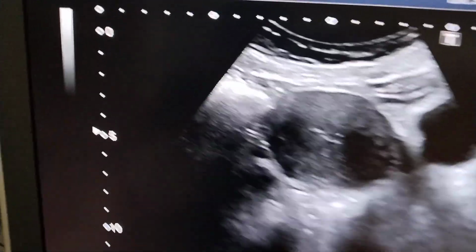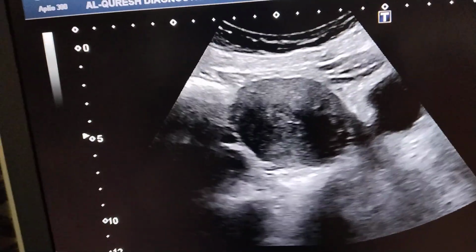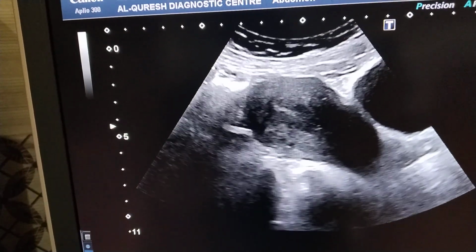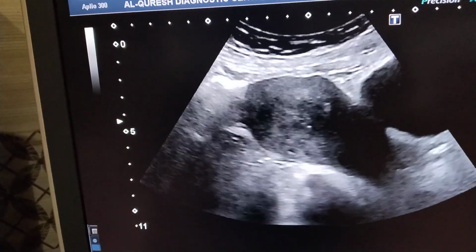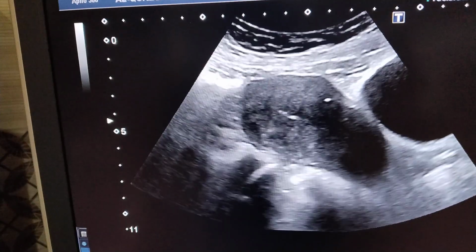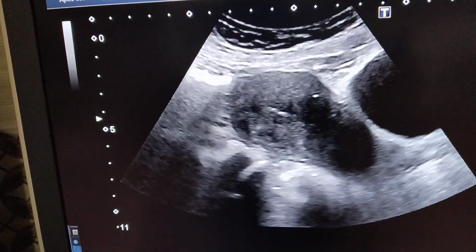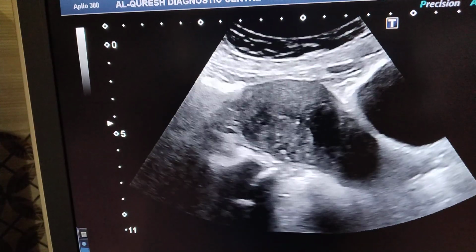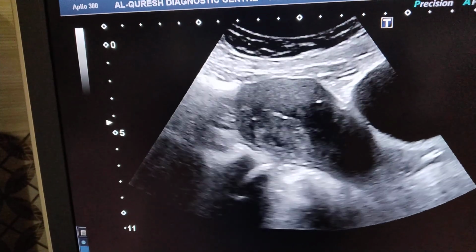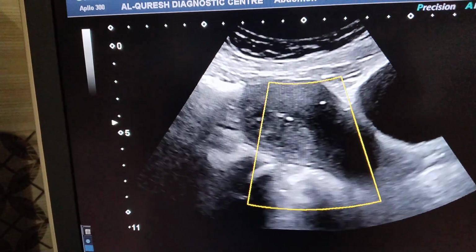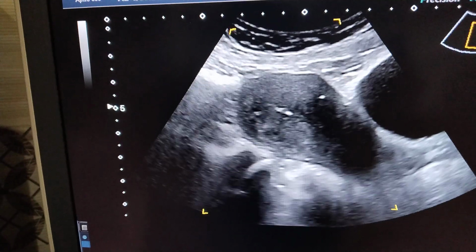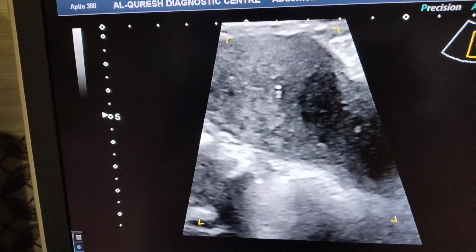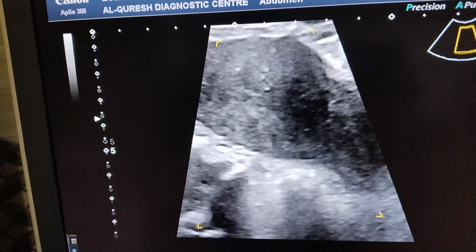Here we can appreciate this is the uterus, and here if we closely observe, this uterus is heterogeneous